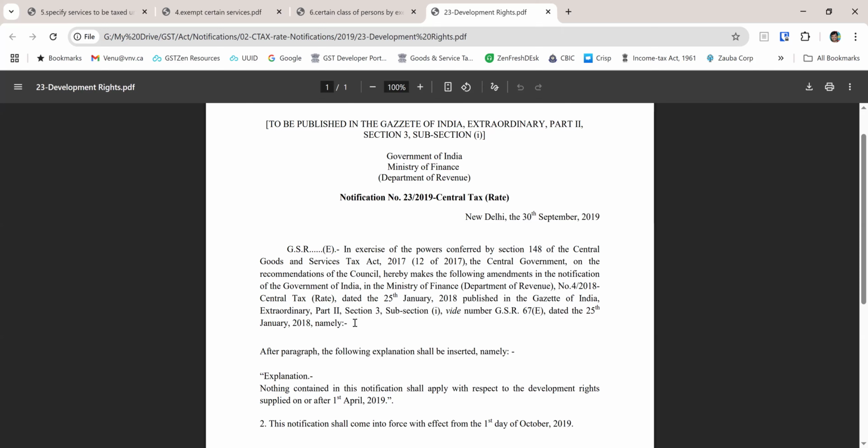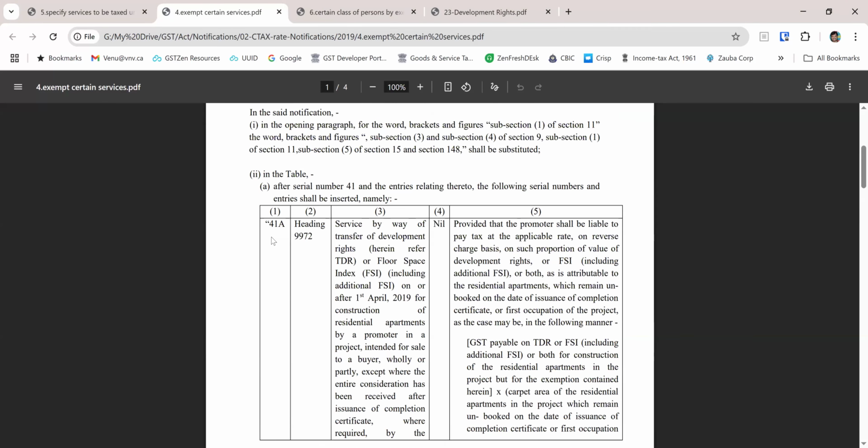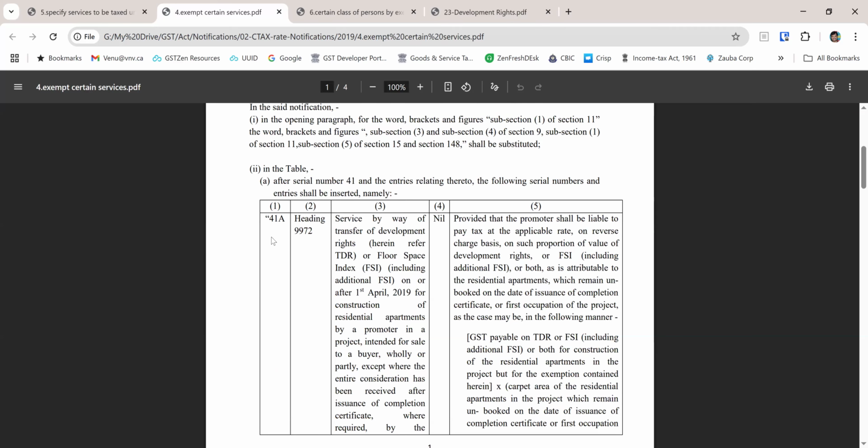If it is February 18, your position is the OC date. On the OC date, there is an RCM. But we are saying that RCM is applicable only if the JDA is entered after 1st April 19, and there is a levy which is being triggered. But under which entry is the landowner paying? This entry has changed. The entry 41 from a year earlier has now changed. So there is no entry for the landowner to pay tax